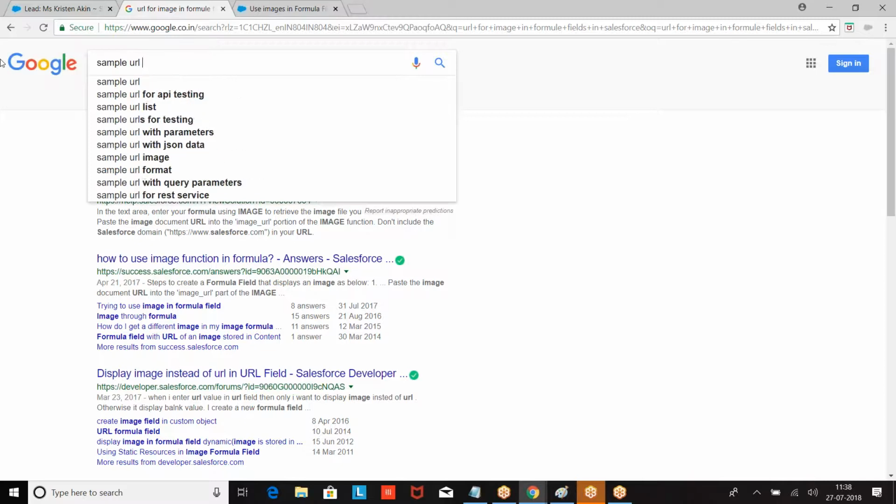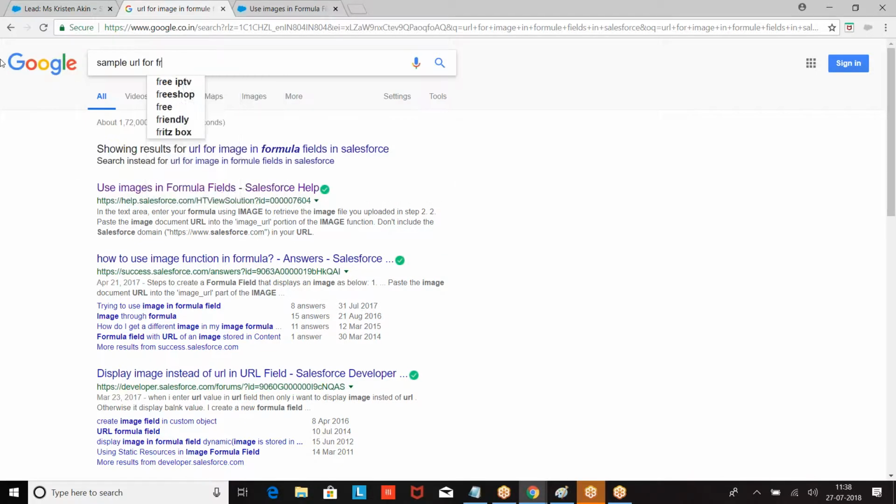Otherwise, what should you do? Create your own image, upload it to a static resource, then use it. There's a lot of procedure. So instead of that, at this level, I'm trying to use predefined URLs in Salesforce.